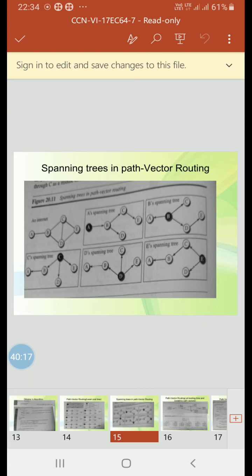So in order to respond to these demands, a third routing algorithm, called path vector (PV) routing, has been devised. Path vector routing does not have the drawback of link state or distance vector routing, because it is not based on least cost routing.